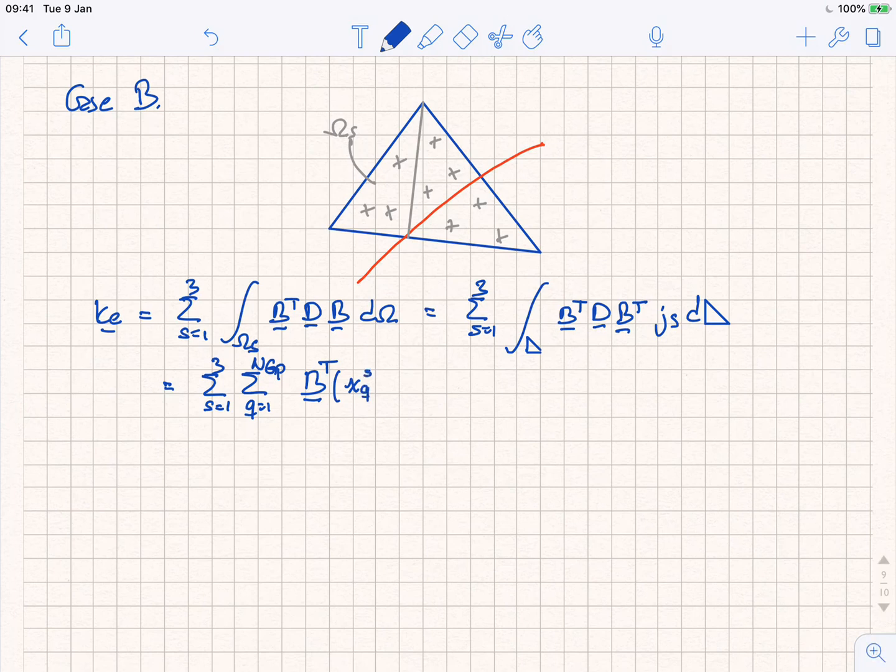XQ at S, D, B at XQ of that corresponding to that integration element, and then we have the Jacobian, and then we have the weight of that Gauss point,